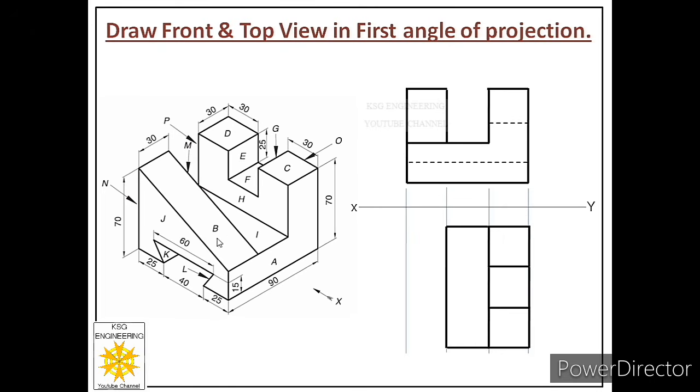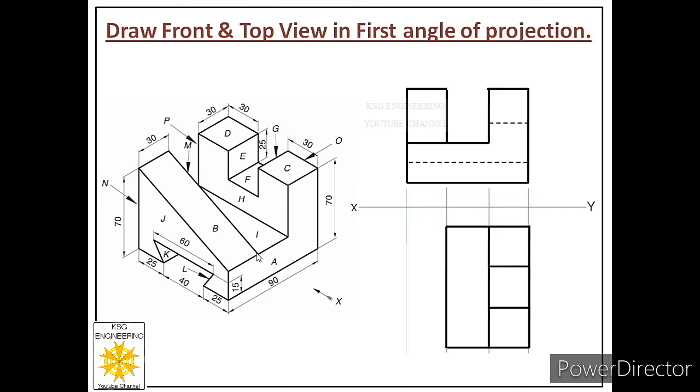So how can we plot face B? It is very easy. See how many points are there. 1, 2, 3, 4. Pick any one point and locate that point with respect to other faces drawn by us. So if I pick this point of face B, it is the point shared by face I also. It means I can start my drawing from this point.